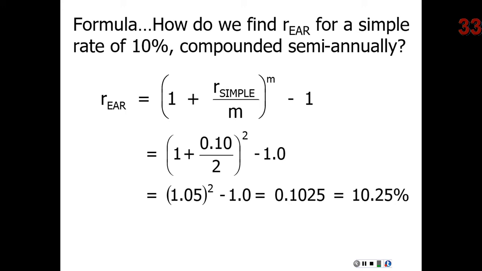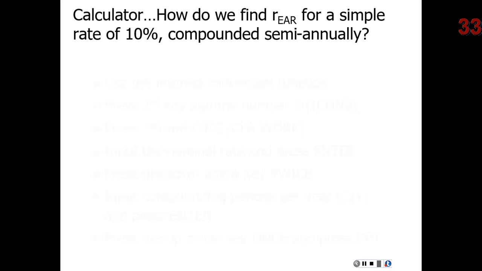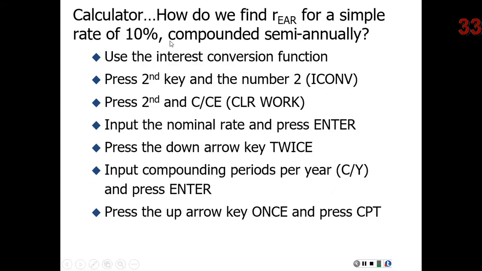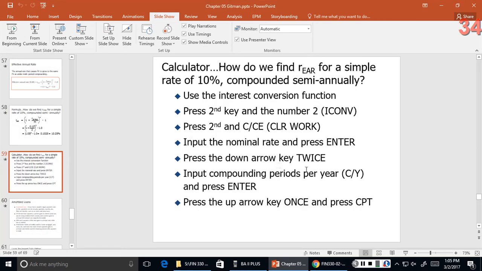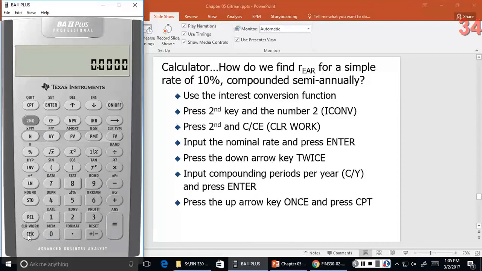Now, fortunately, your calculator has a function where you can convert from nominal to effective. Again, this is the step-by-step process, so I'm going to bring up the calculator and just walk you through it. But if you have to go back and take a look at it, this will be helpful. Now, your interest conversion key is going to be found right above the number 2 key. It says ICONV. And so if we press the second key and then the number 2 key,